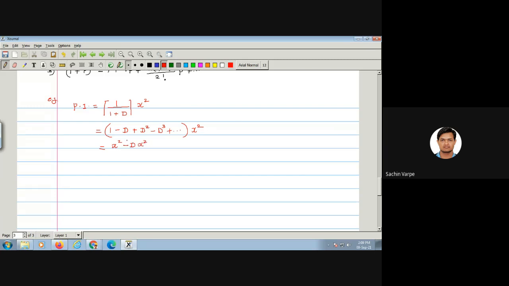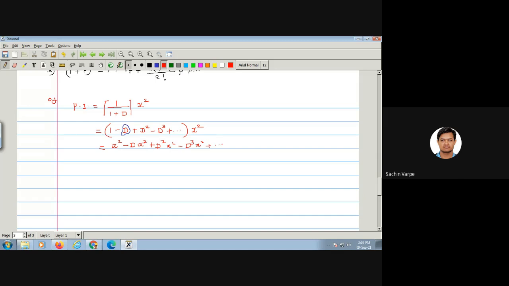I always say operated on, not multiplication, remember, because D is an operator and has no separate sense without a function. So minus D of x square plus D square of x square minus D cube of x square